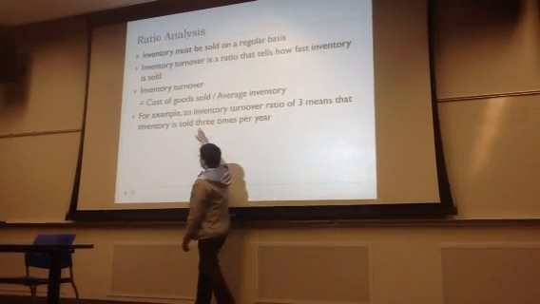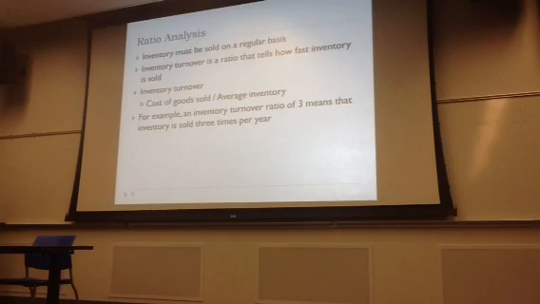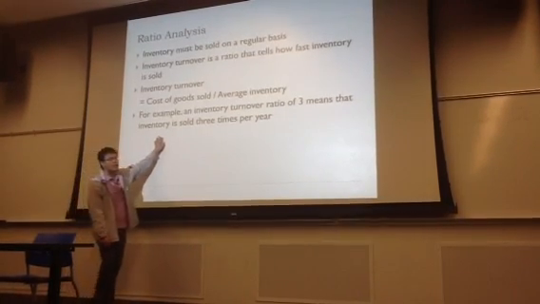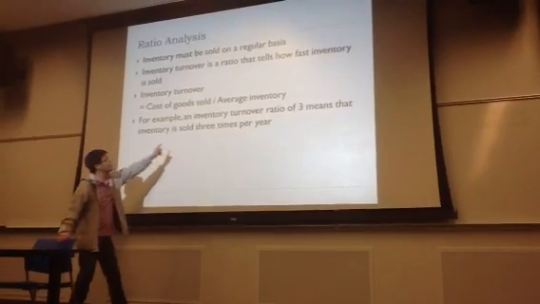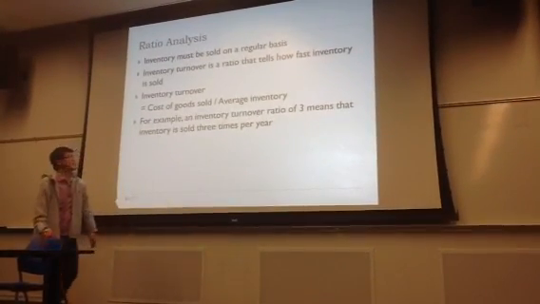So what you're going to do is you're going to take cost of goods sold divided by the average inventory. Okay, so for example, an inventory turnover ratio of 3. So that is cost of the goods sold is 3 times higher than the average inventory. What that means is you are selling your